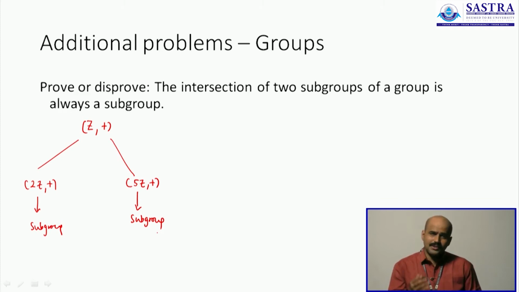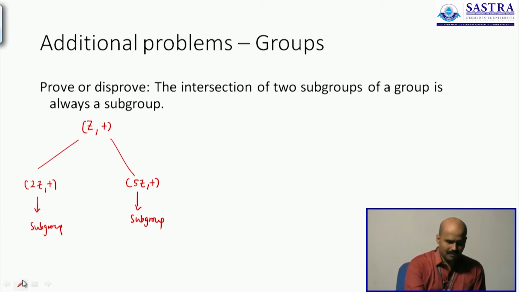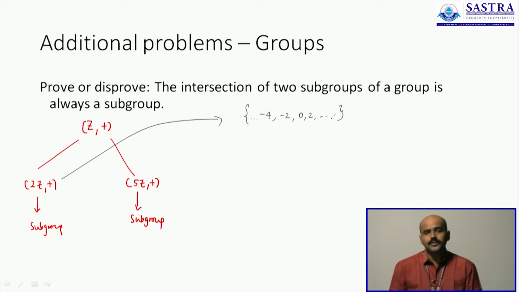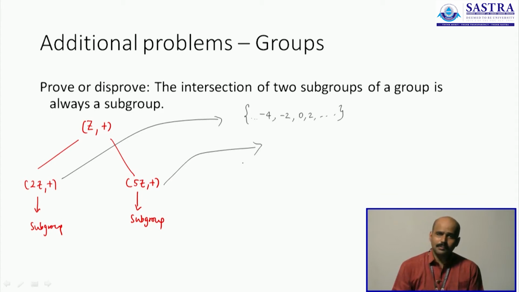Okay. Now what is this set going to be? The set of all even numbers. The set of all even numbers is pretty easy to write down. It is all even numbers which are either negative, positive or 0. All of them get counted: minus 8, minus 6, minus 4, 0, 2, 4, 6, 8, so on and so forth. And what about this set of all multiples of 5? Once again, we have the right to include the integer 0.